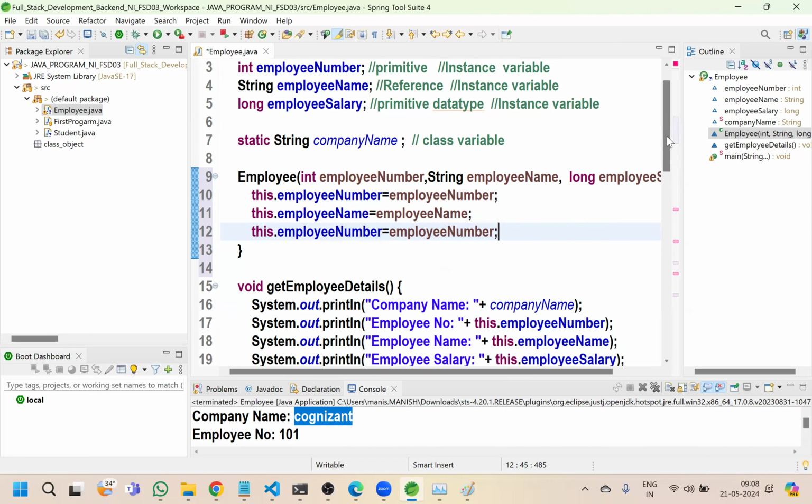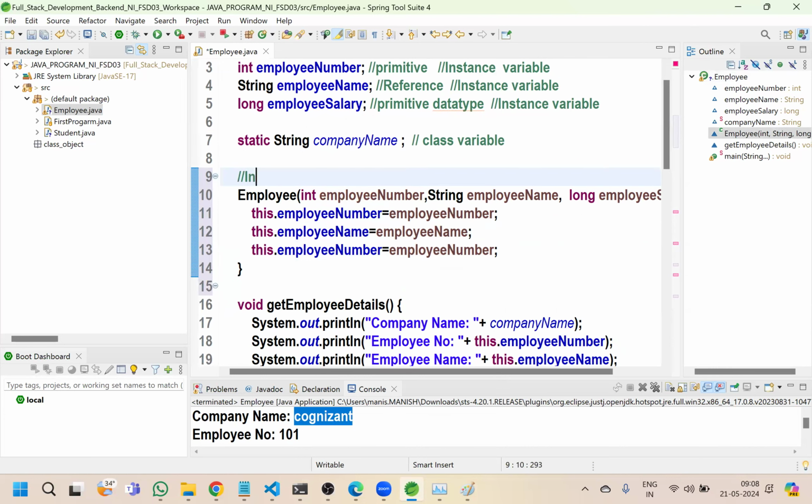So I have put this information inside of one constructor. So our constructor is responsible for